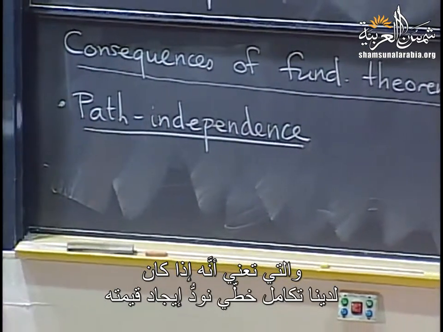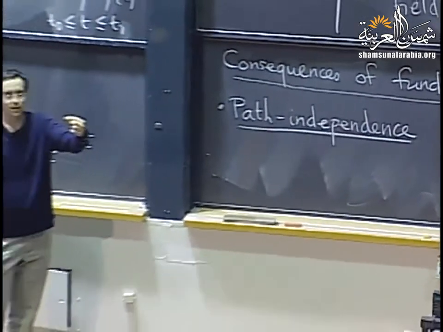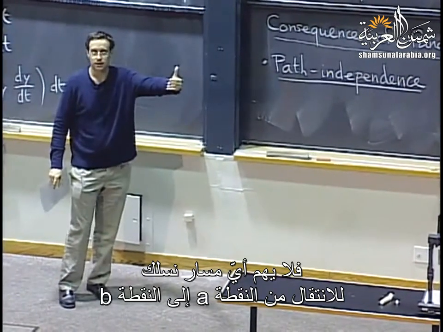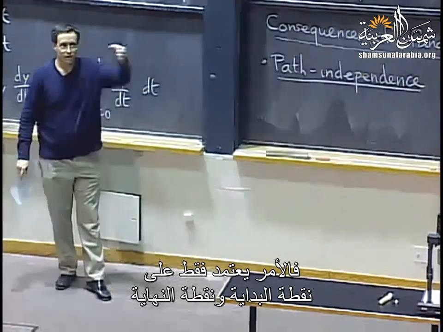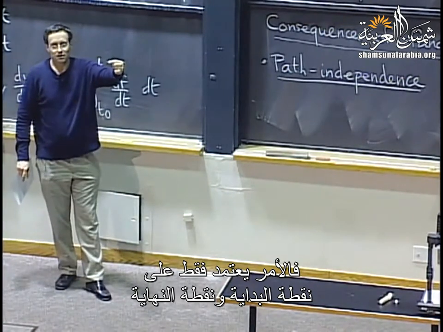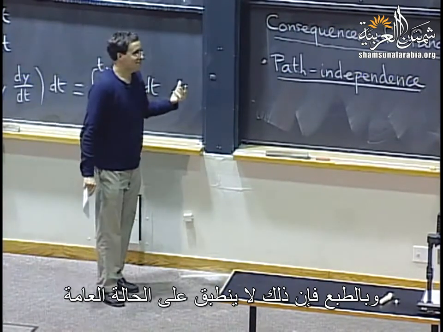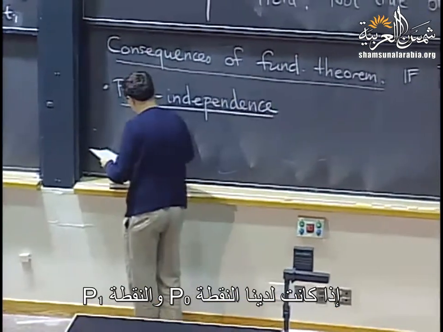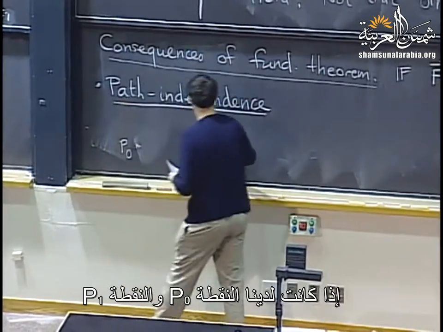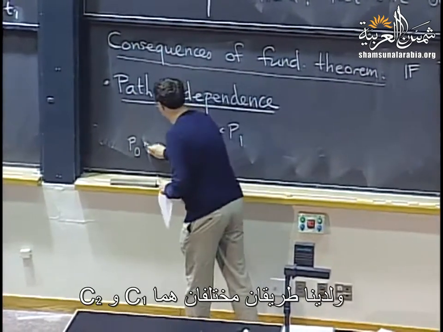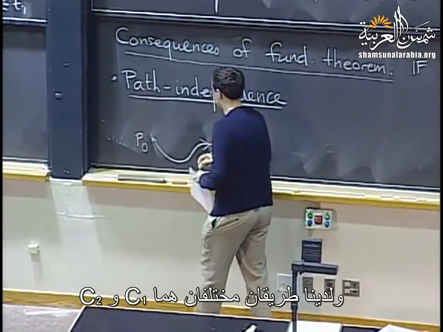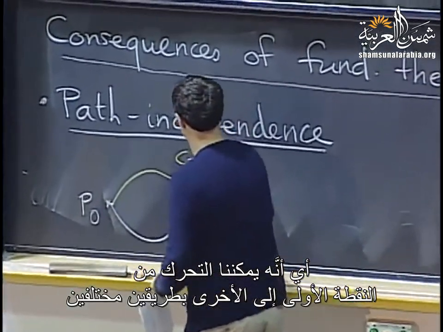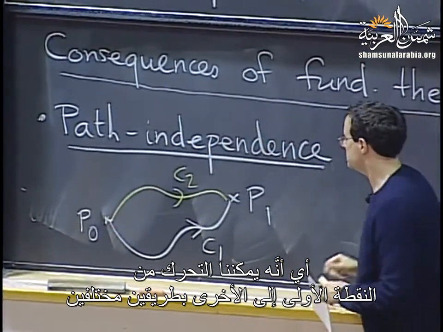Okay, so the claim is if I have a line integral to compute, then it doesn't matter which path I take as long as it goes from point A to point B. It just depends on the point where I start and the point where I end. That's certainly false in general, but for a gradient field, it works. So if I have a point P0, a point P1, and two different paths, say C1 and C2, that go from the same point to the same point but in different ways,